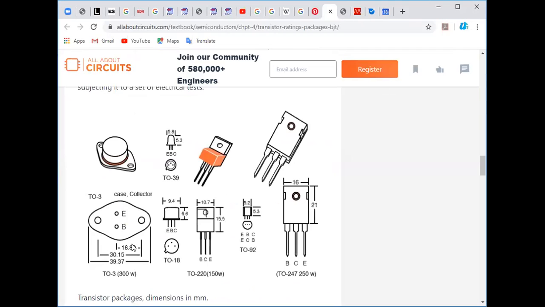TO3 has a different kind, 39 and 18 are the same, and TO220, 247, 218, all these have the same identification. If you are having any doubt, you can text me in the chat box, and I will answer your doubts.